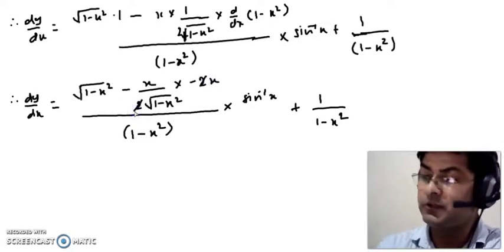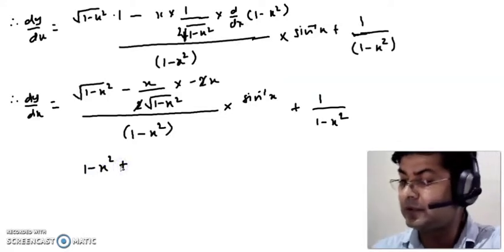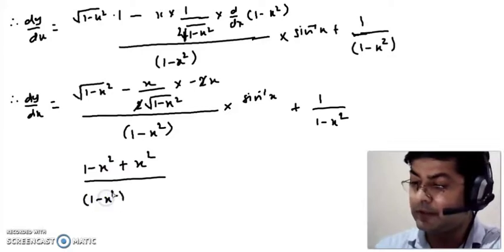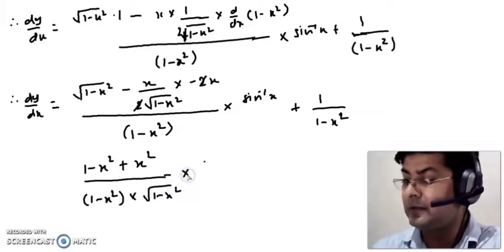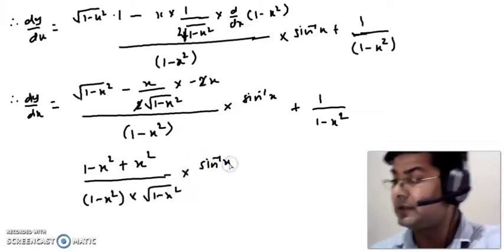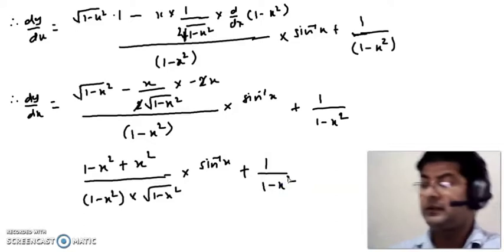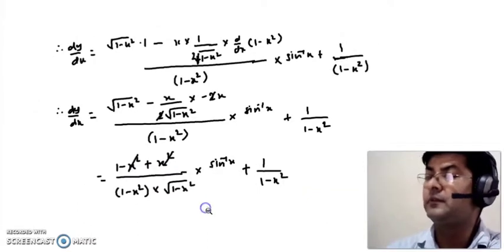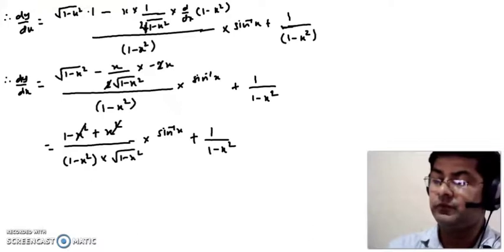Okay, so we can reduce this 2 and taking LCM, so we have 1 minus x square minus minus plus x square upon 1 minus x square into root of 1 minus x square into sine inverse x plus 1 minus 1 upon x square. Okay, so x square plus minus will get cancelled, and therefore dy by dx is equal to